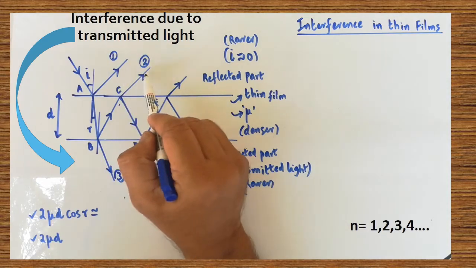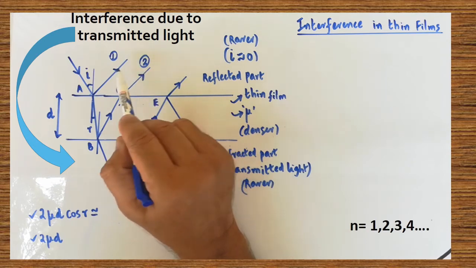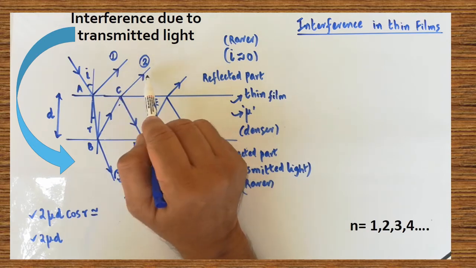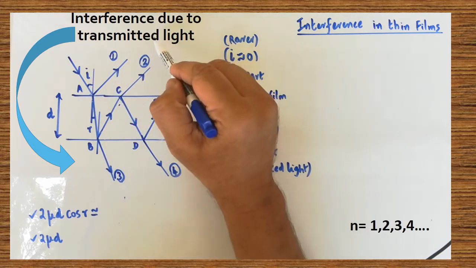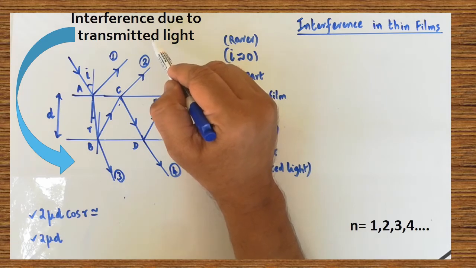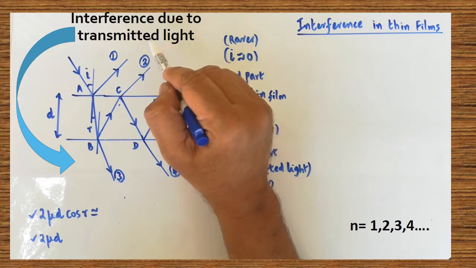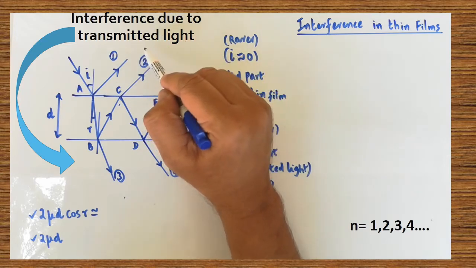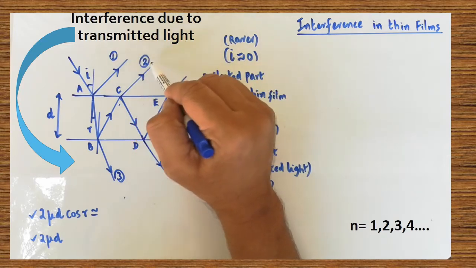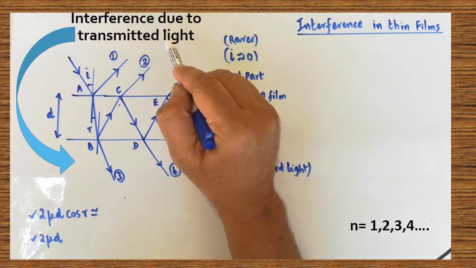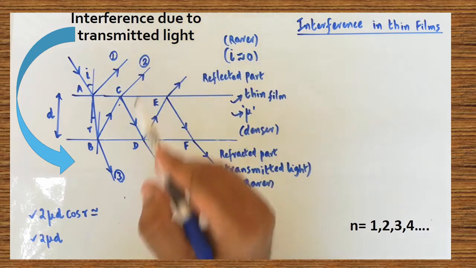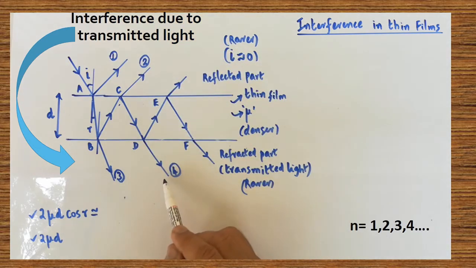These two rays will interfere with one another and form an interference pattern that can be observed if you are standing just outside the soap bubble. From the surface of the bubble, you are able to clearly observe the interference pattern created on the surface of the bubble. So these are the interference patterns seen just outside the bubble. These are the interference patterns that could be seen if you are within the bubble.